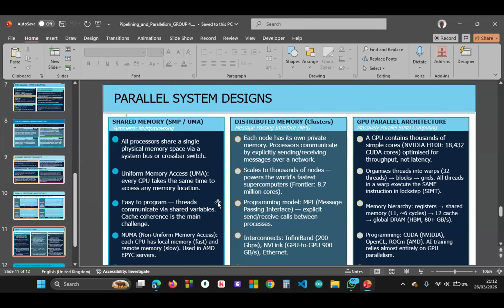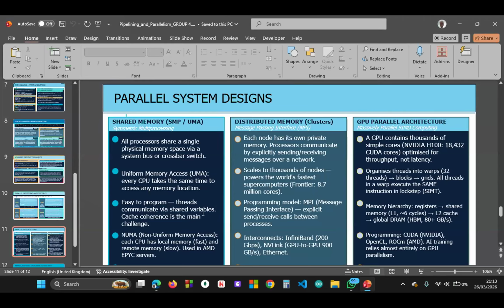And distributed memory programming model. Message Passing Interface (MPI). Explicit send and receive calls between processors. And for GPU parallel architecture, the memory hierarchy: registers, shared memory,